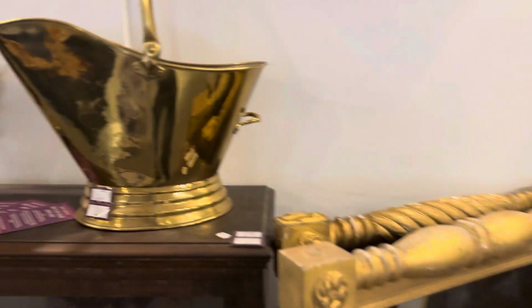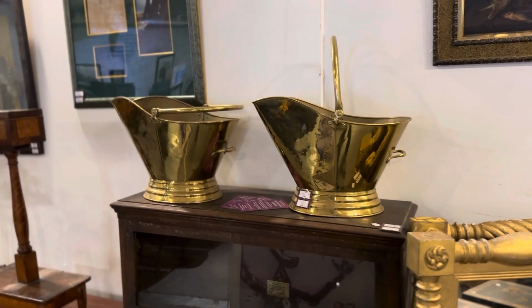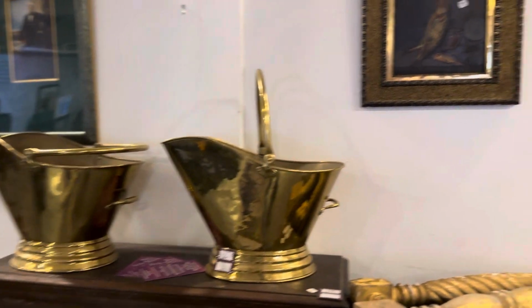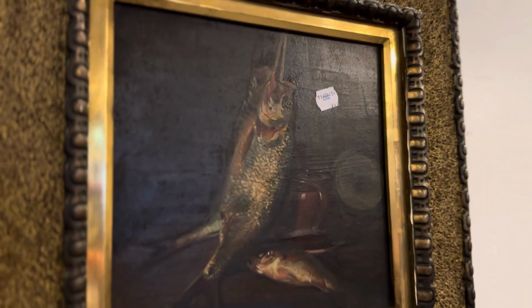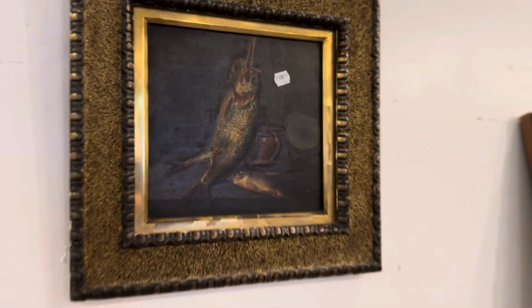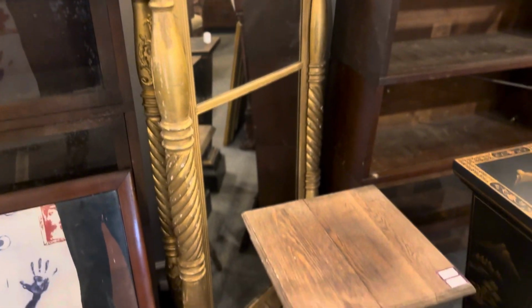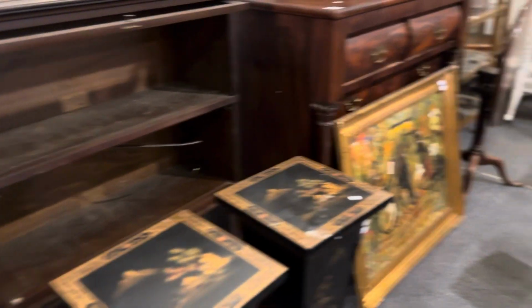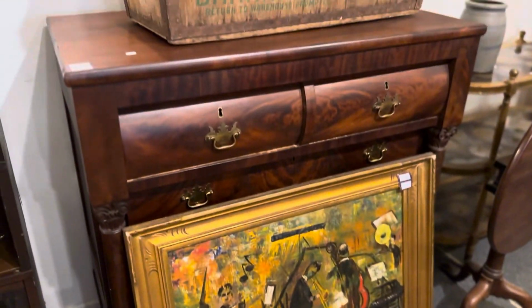This is an estate from a Civil War general, passed down, and we picked it up out of Pikesville, Maryland. And it's got a lot of provenance here. And look at this beautiful oil painting on board right there. Antique oil painting on board, and a nice pair of pier mirrors right there. They're beautiful. A lot of interesting oil paintings in the sale,